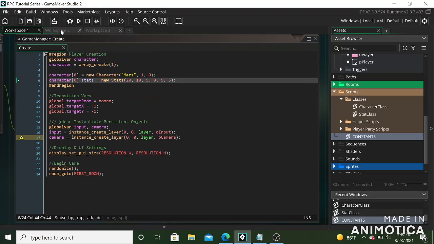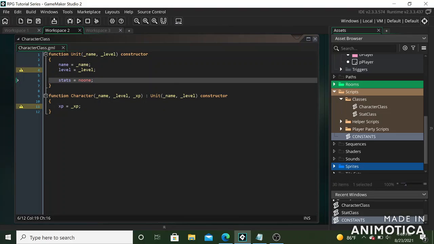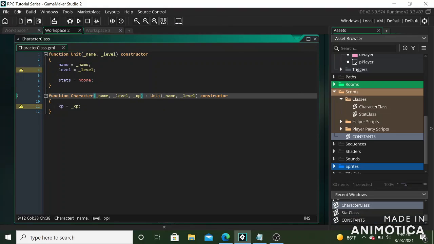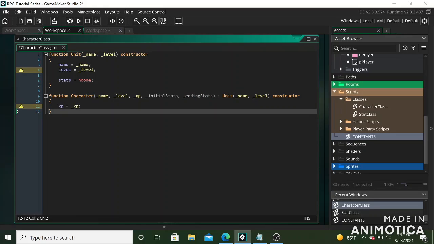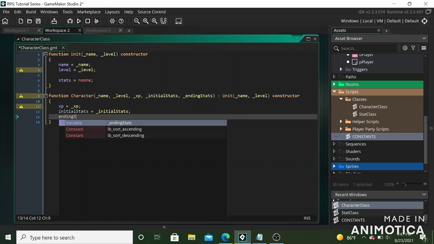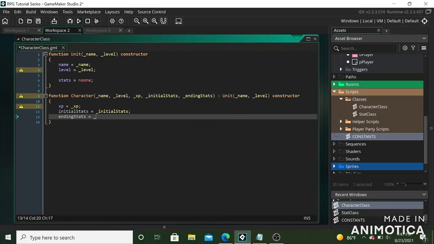So back in our character class, I'm going to add 2 new parameters to this. I'm going to call one initial stats and the other ending stats. So initial stats is going to represent what our base stats are when we start the game. And ending stats is going to be what our base stats are at level 99, or whatever you put in